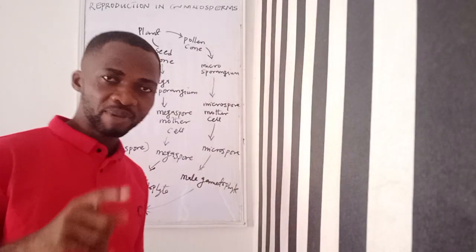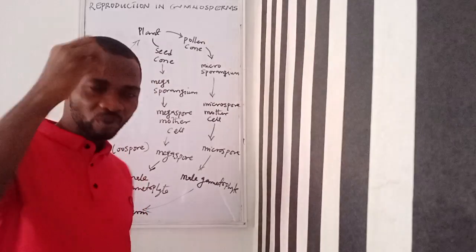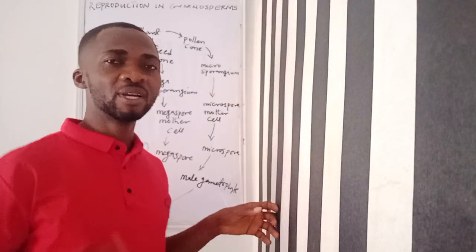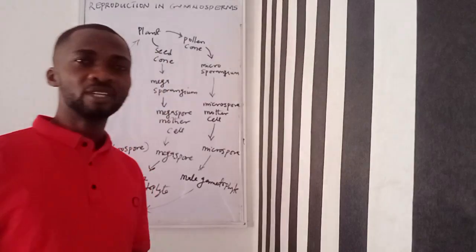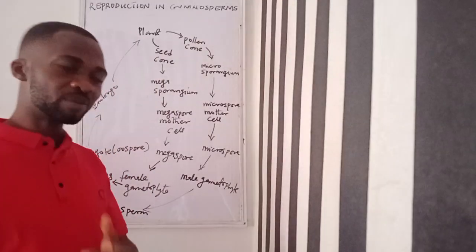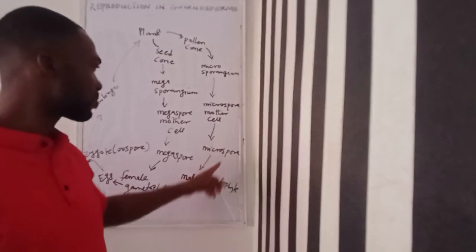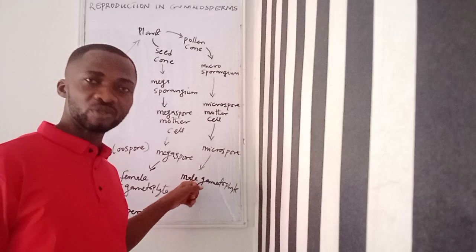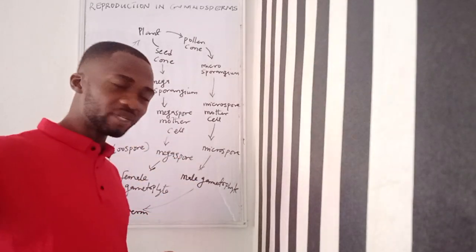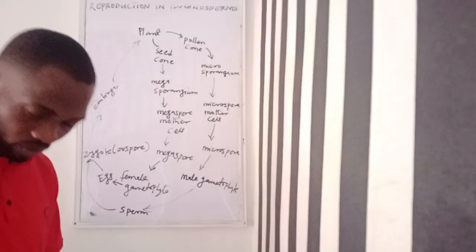So it is a microspore, like we explained, and when it is drawn with the help of the mucilage into the pollen chamber, it divides into the generative cell and the prothallus, which is the male gametophyte. You can see microspore resulting in male gametophyte. So it's a part of what I explained. Let me write it here: this microspore is also called a pollen grain.